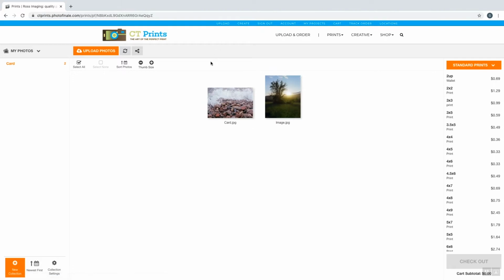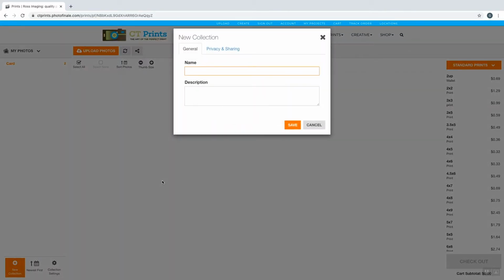As you can see, we have the two photos that we used in the previous videos, but we need some more. So what we're going to do is actually create a new collection. And this is a really helpful way to keep your photos organized. So we can give this collection a name. We'll just call it photo book